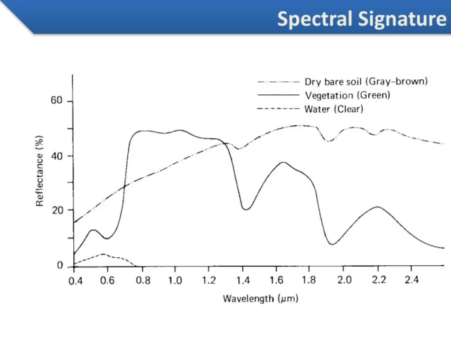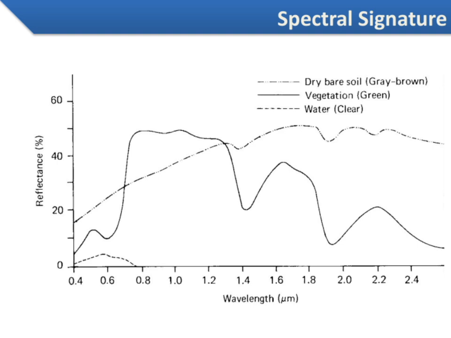Let's take a closer look at the spectral signature. When we talk about spectral signatures, we're referring to the unique pattern of reflected or emitted energy that an object produces across different wavelengths. Think of it as a kind of fingerprint for materials. Each material, whether it's a type of vegetation, mineral, or man-made object, has a distinctive spectral signature. This uniqueness allows us to identify and differentiate between them from remote sensing data.